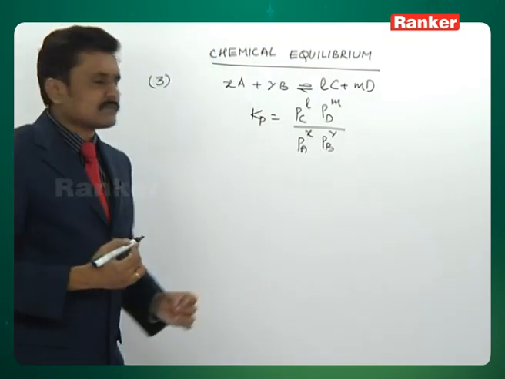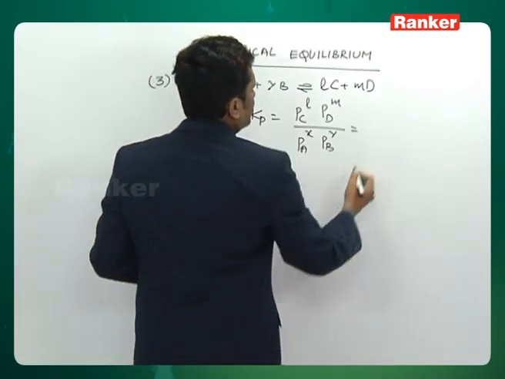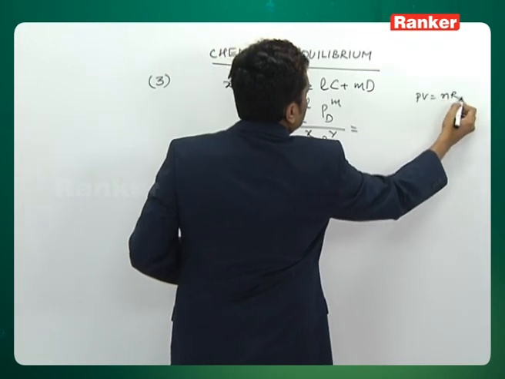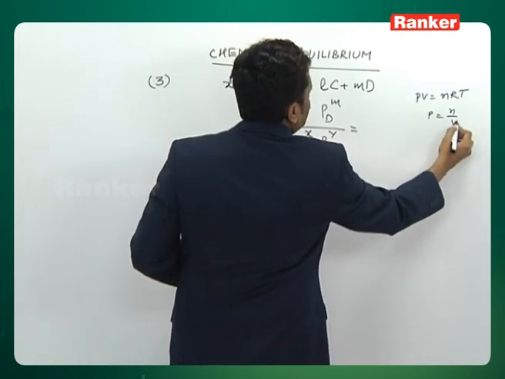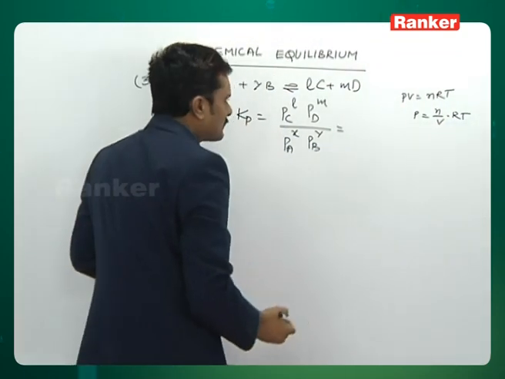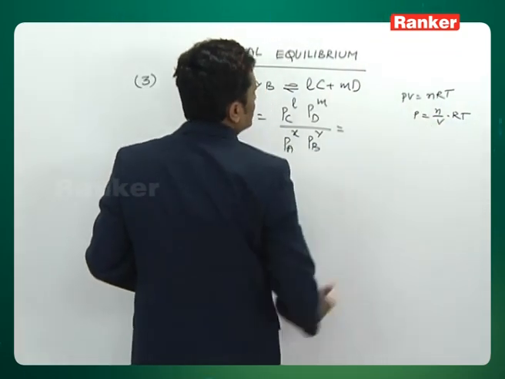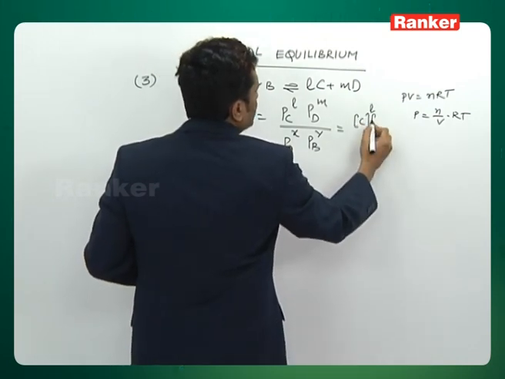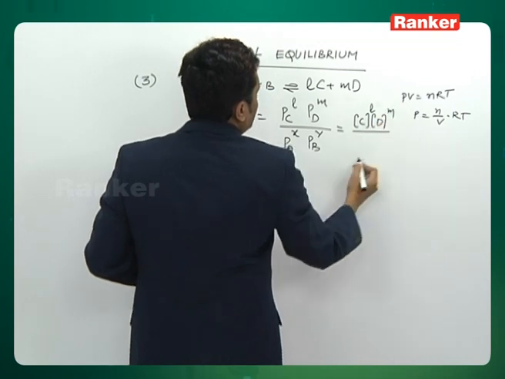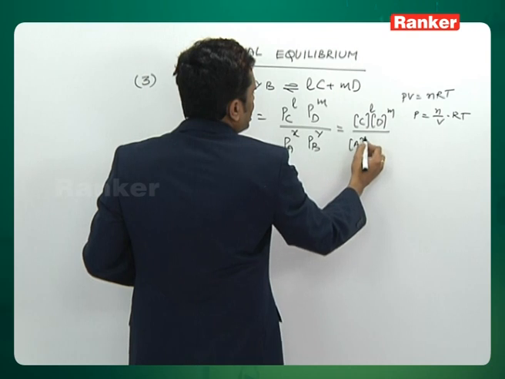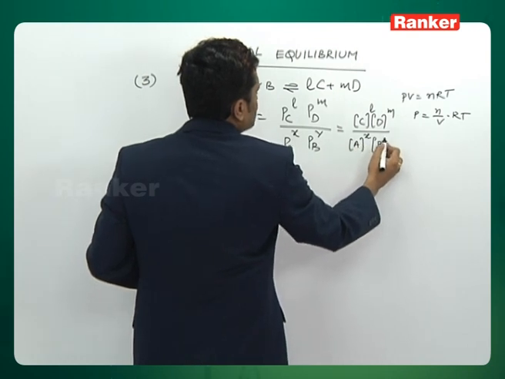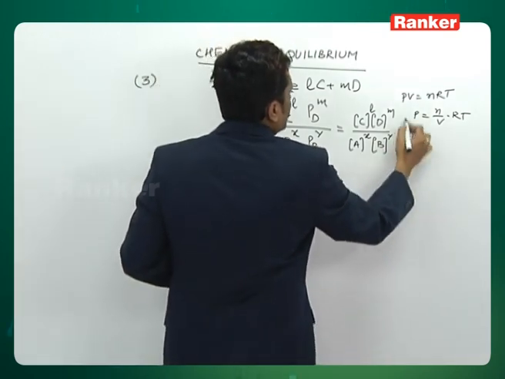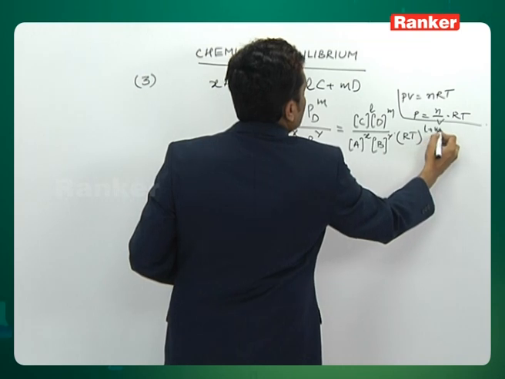Now when I am replacing the partial pressure with the number of moles from the ideal gas expression, where we all know that PV is equal to nRT or P is equal to n by V into RT. Hence, I am going to replace this pressure with a concentration term. So, when I am replacing, I am going to get concentration of C power L into RT whole power L, D power M into RT whole power M divided by concentration of A power X into RT whole power X and concentration of B power Y into RT whole power Y, that is into RT whole power L plus M